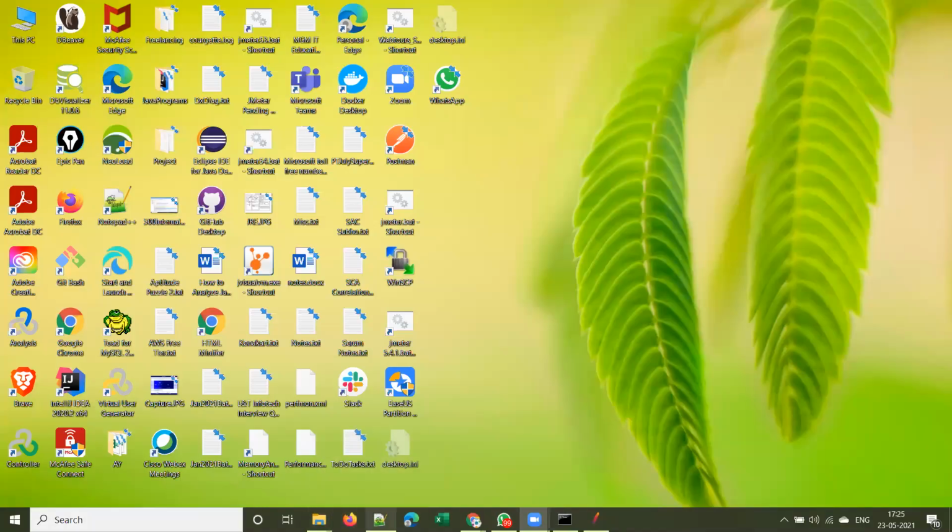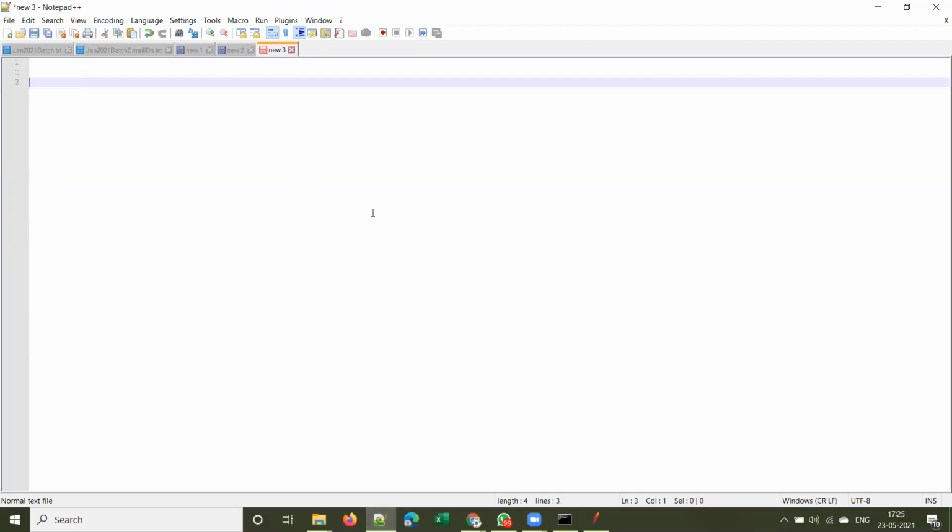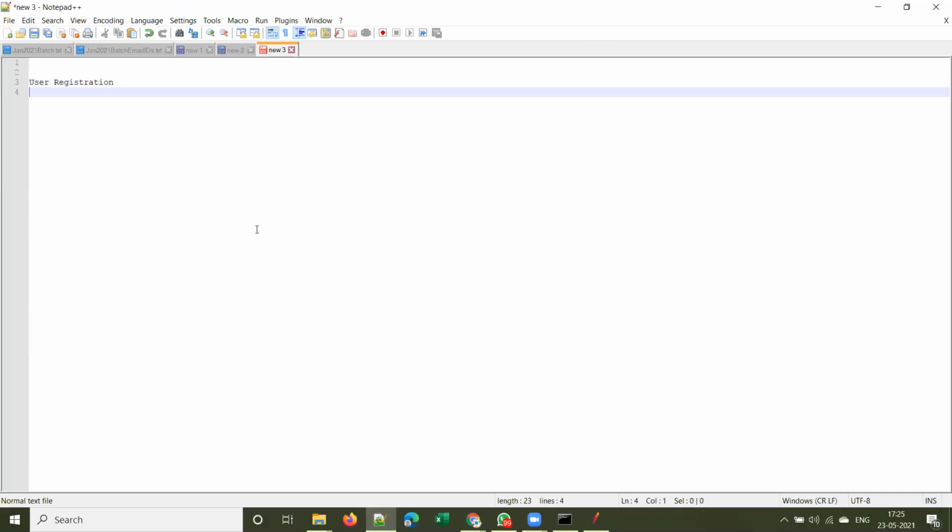Now tell me, assume that you are testing some net banking application. What are the critical business flows of the net banking application? What do real-time users do with it? Fund transfer. Balance check. If you want to do fund transfer, first of all, you have to register yourself. Login. You have to create some user registration and some user ID for yourself, right?